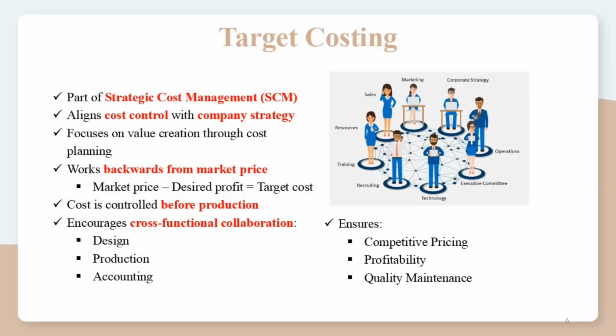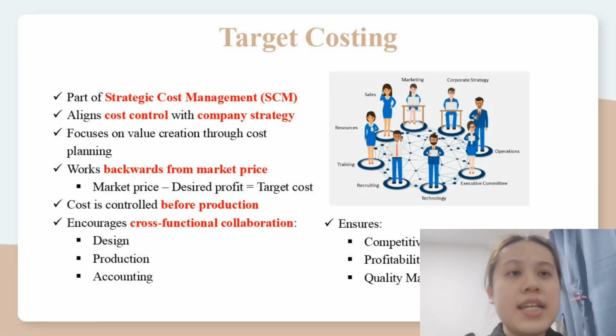Now, I will explain the strategic technique used by IKEA to maintain its global cost leadership strategy. IKEA applies 2 key strategic management accounting tools, which are target costing and the balanced scorecard. First, target costing. Target costing is part of strategic cost management and it works differently from traditional costing. Instead of calculating cost first and then adding profits, IKEA works backward using this formula, which is market